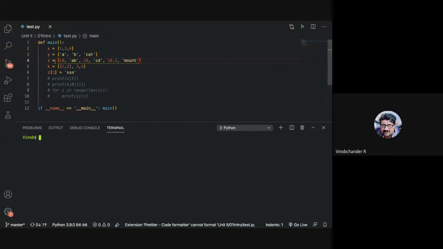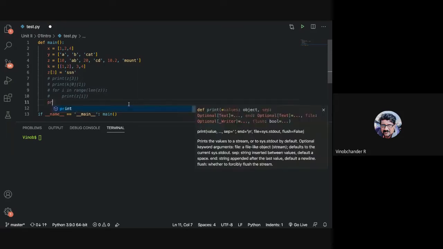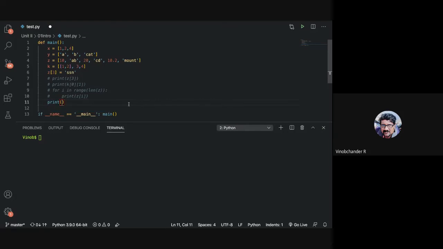Let us do some slicing on Z. The same syntax applies for lists as well. So if I say print Z, 1 colon 3. What is the output?